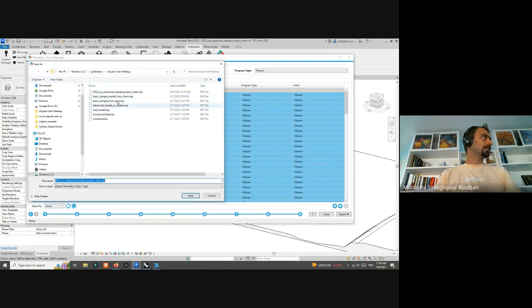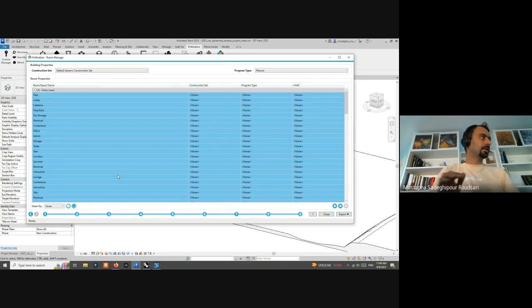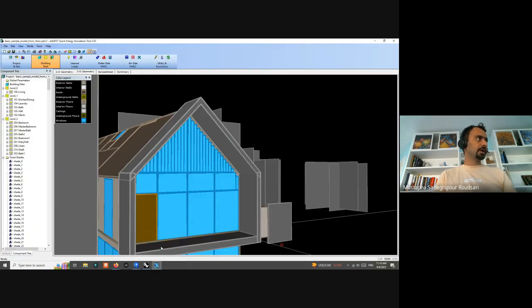This is the place. Of course, I have selected before, but I'm going to just rename this to advanced sample. So we can open this file and press save. It will take a few seconds, and then we will have the INP file created. Okay, so this is a model with 102 rooms. So again, it took a few seconds. So here is